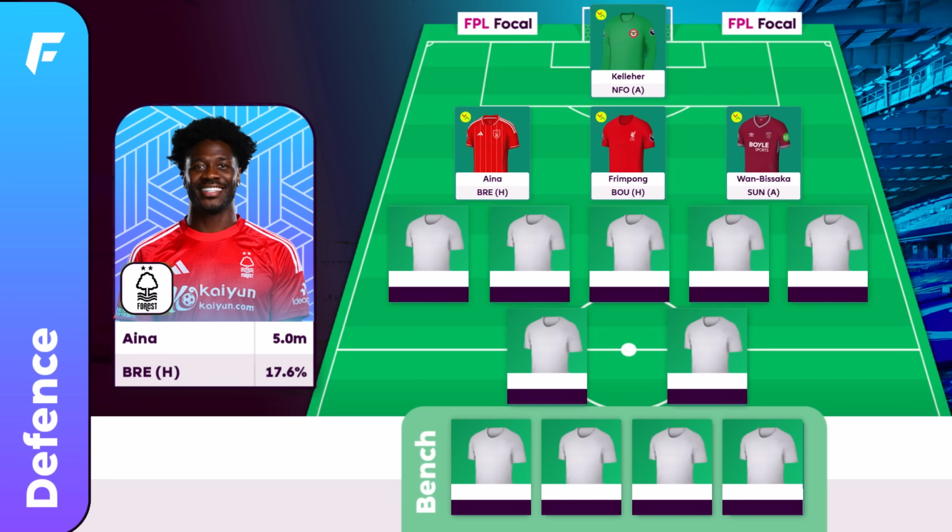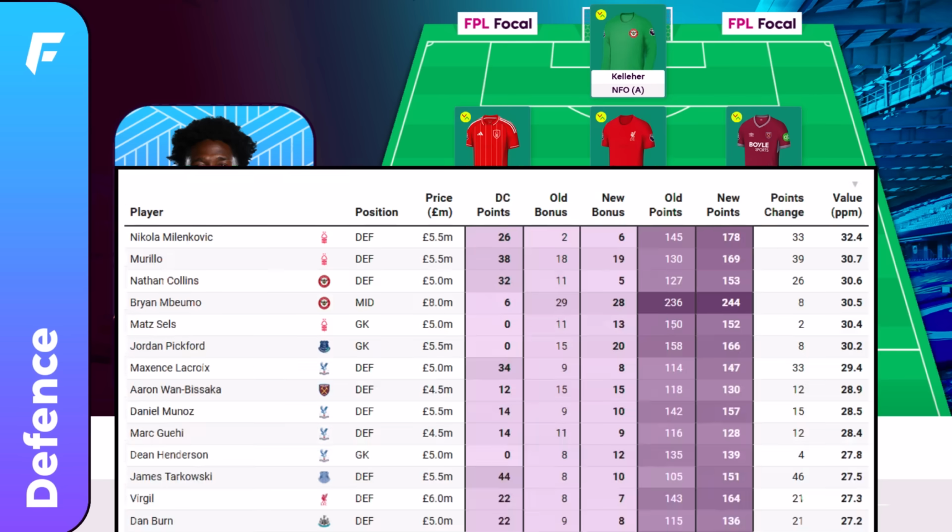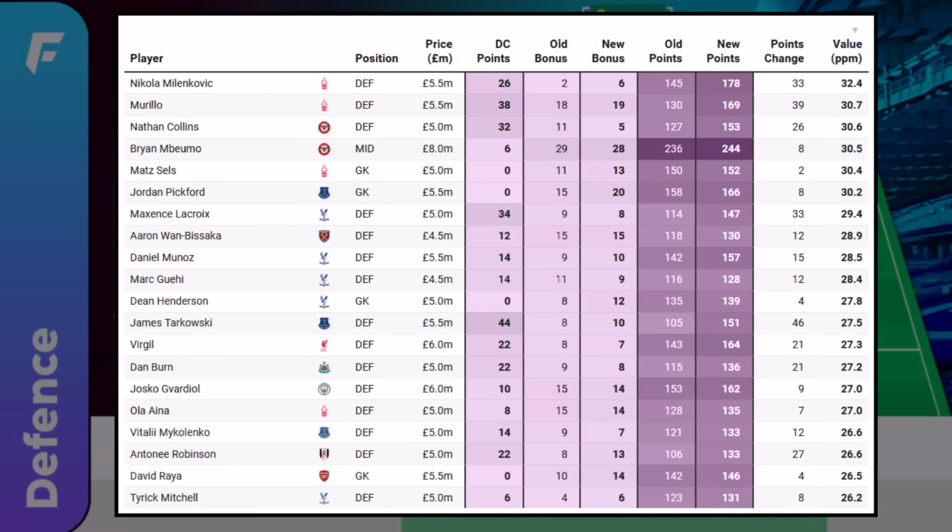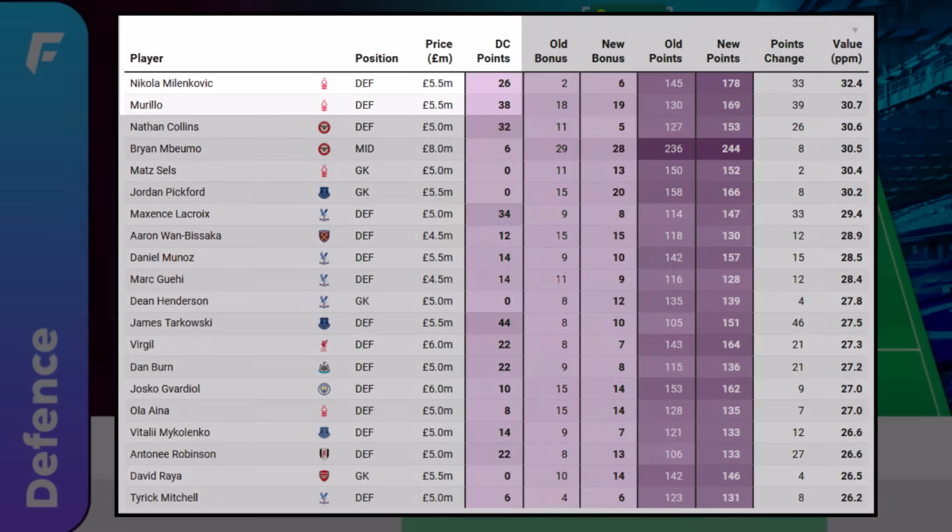to juggle European football, which is such a massive step up for a team that haven't been there in decades, and they've obviously lost Elanga, presumably Gibbs White. He does offer a 0.5 mil saving over Milenkovic and Murillo though, but he'll likely get fewer defensive contribution points